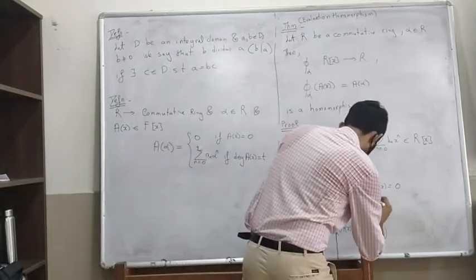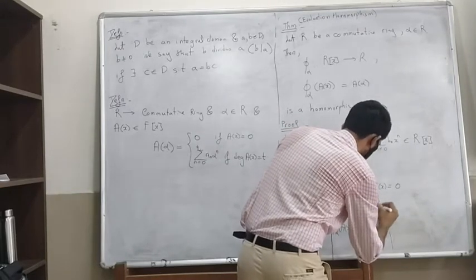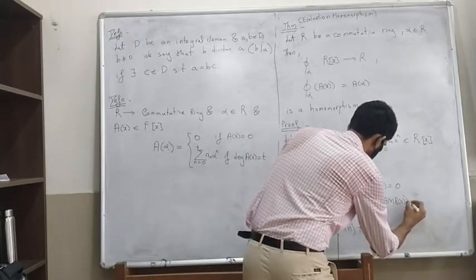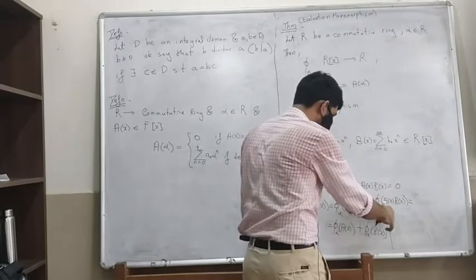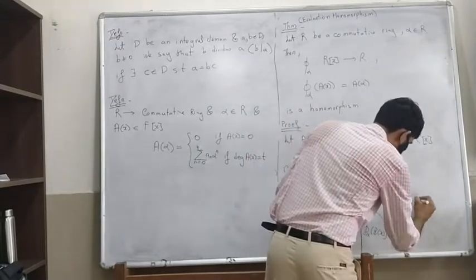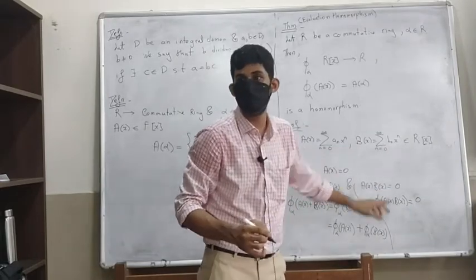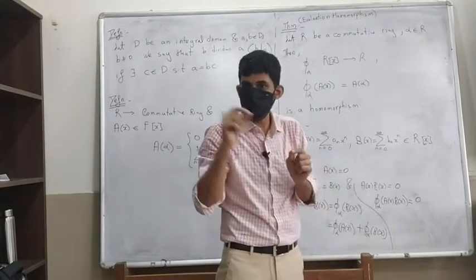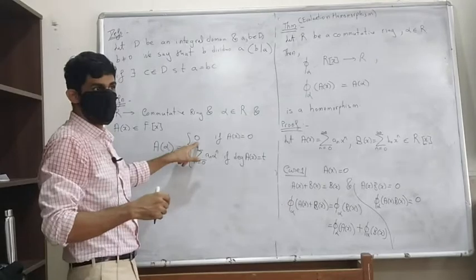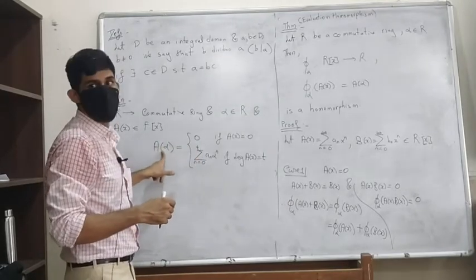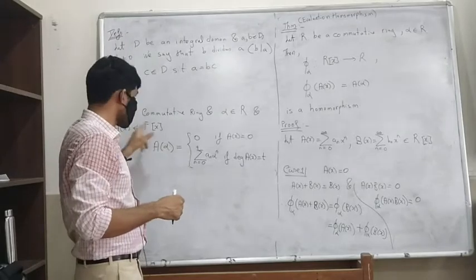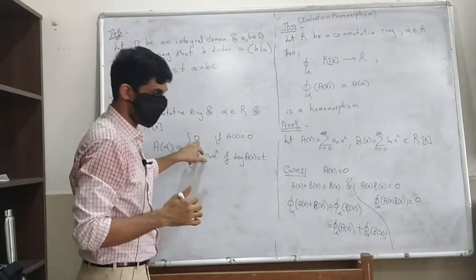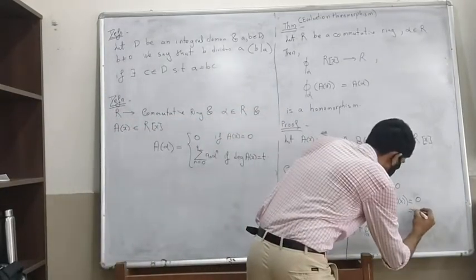Similarly, here what happens? You have phi alpha of A of x times B of x. A of x is the zero polynomial, so A of x times B of x is the zero polynomial, and phi alpha of it is what you get when you substitute. If A of x is 0, then we get 0 here. That's the definition. And this is also going to be phi alpha of A of x.